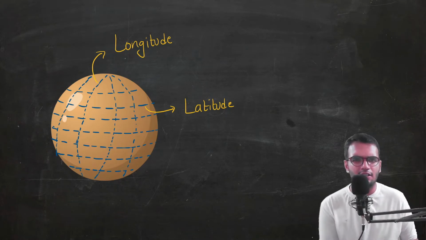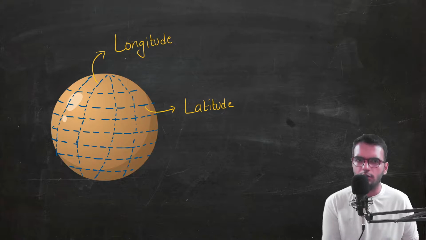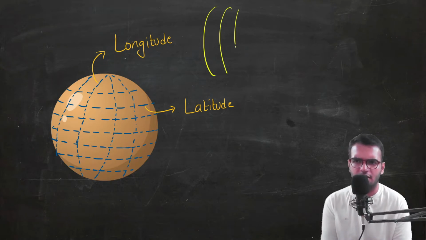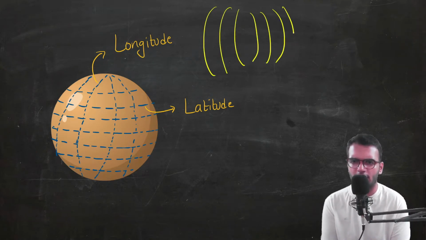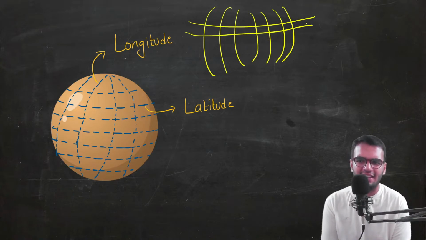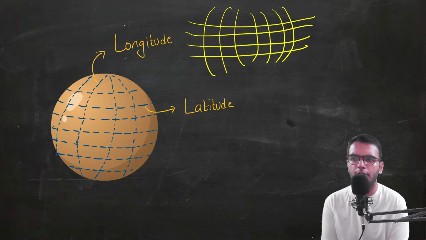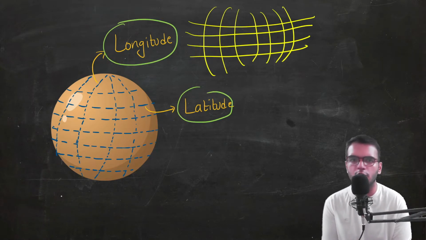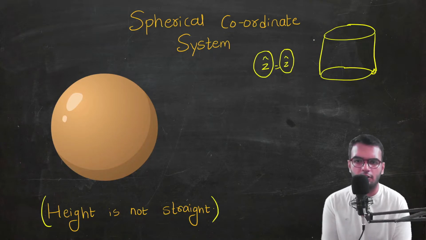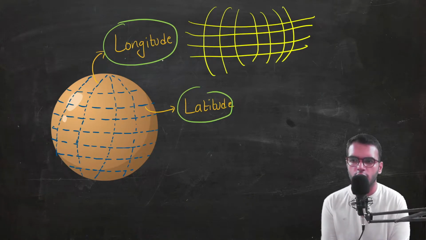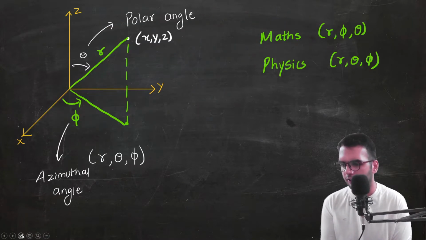You might have heard the concept of longitude and latitude. Of course, this is not in our syllabus, but I have used it just here for reference. Longitude is the distance measured in this way. Of course, this is not the precise definition. I am just giving a feel, and the latitude is the distance. So generally, if we want to calculate the height, we talk in terms of longitude and latitude both, because we cannot talk about the concept of height, because it is not linear height. It is bulging. So usually we talk about the longitude and latitude.